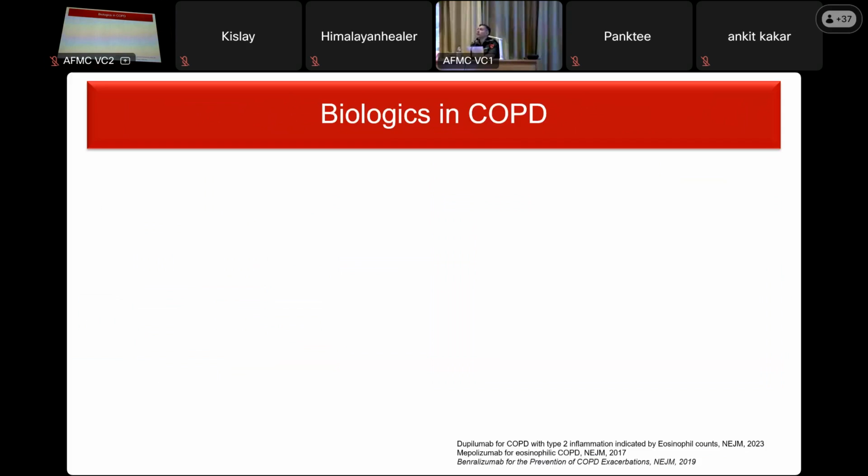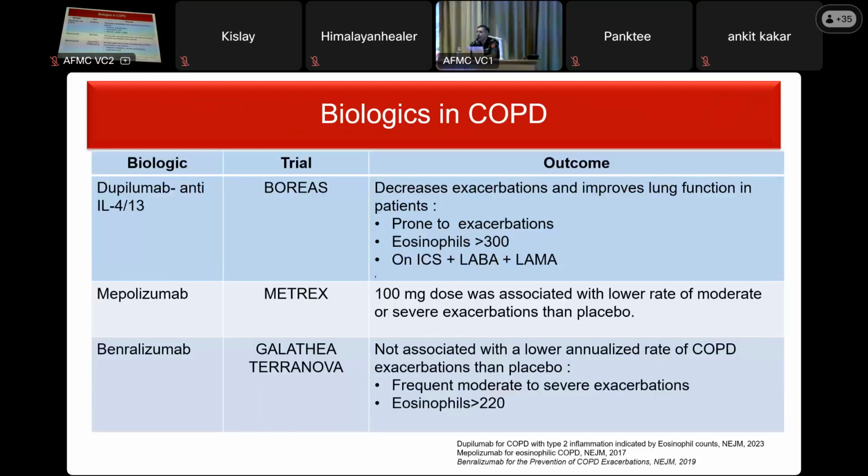Dipankar, any role for biologics in COPD? Sir, if he's having recurrent, very frequent exacerbations. Yeah. Patients who are not controlled with ICS plus LABA plus LAMA and having frequent exacerbations, the subgroup that we usually look at are the ones who have high eosinophilia. So the 2 drugs that have shown some promise include dupilumab and mepolizumab, which have both shown a reduction in exacerbations, but in a very select subset of patients.